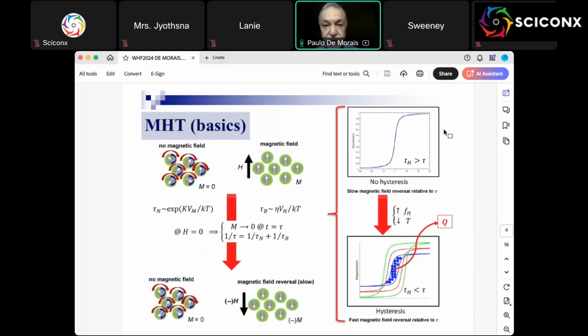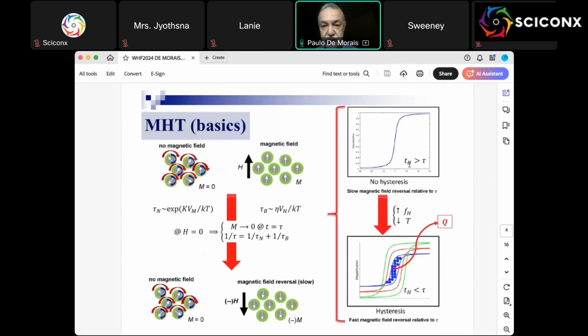When you do this, the magnetic moment tries to follow the external applied AC field. And there is a very important relationship between the net relaxation time and the typical time of changing the AC